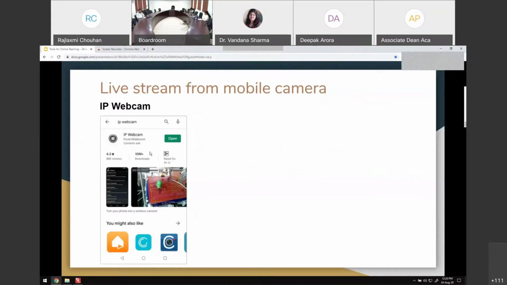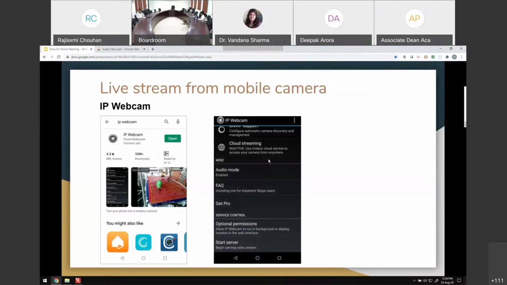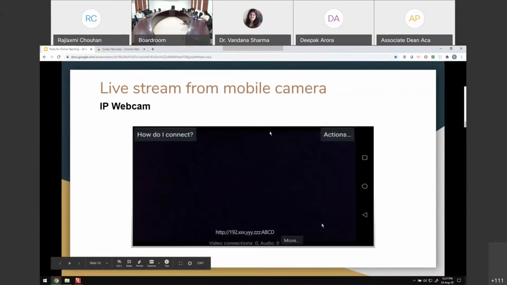Then when you install it and you open it and scroll all the way down, you'll see this option of Start Server, right? So when you click on Start Server, you will see a screen like this. This is what you will see on your mobile screen. So what is black right now will be actually your feed from your back camera of your phone.